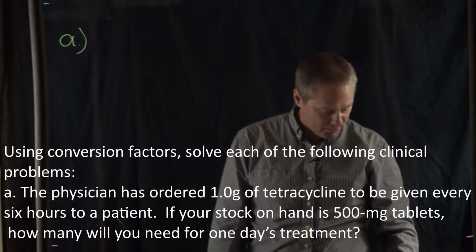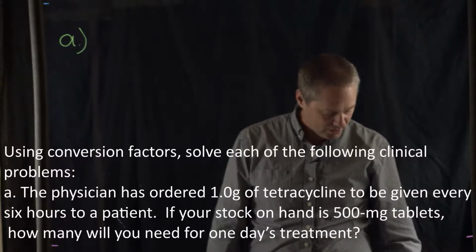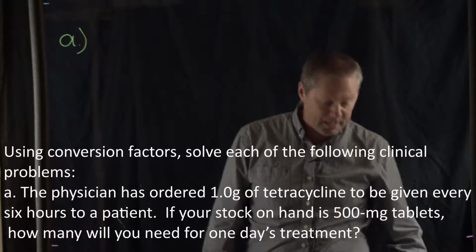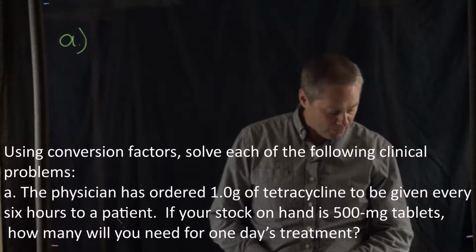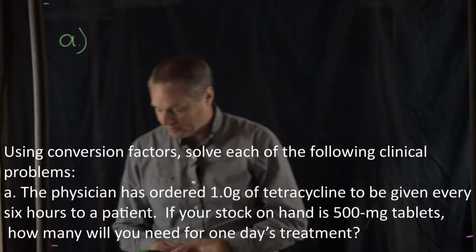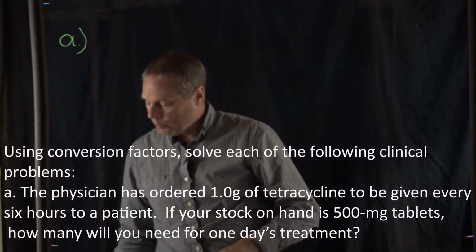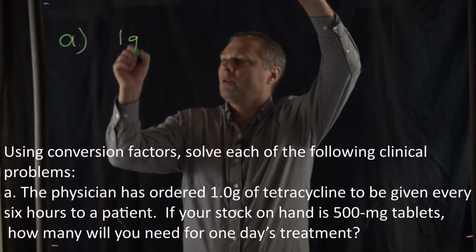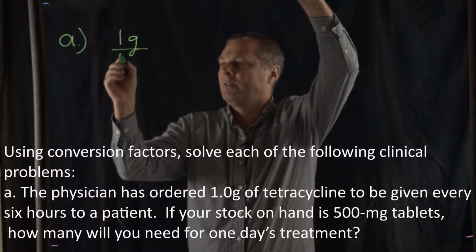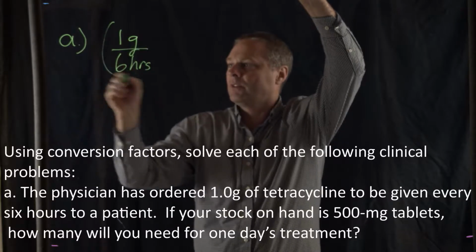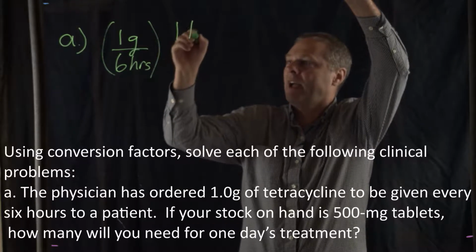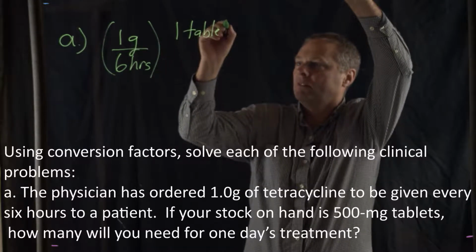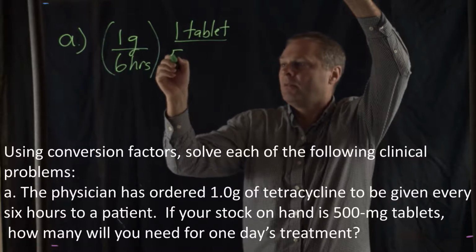Number A says, let's see, the physician has ordered 1 gram of tetracycline to be given every 6 hours to a patient. If your stock on hand is 500 milligram tablets, how many tablets will you need for 1 day's treatment? All right. So what the doctor ordered was 1 gram of the medicine every 6 hours. All right, that's what the doctor ordered. However, the tablets that you have, so 1 tablet is 500